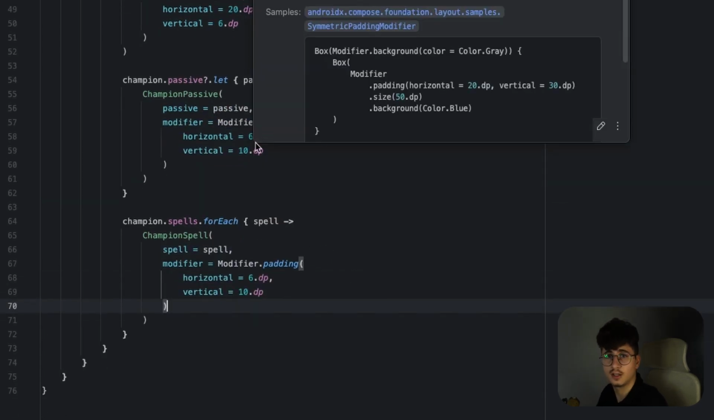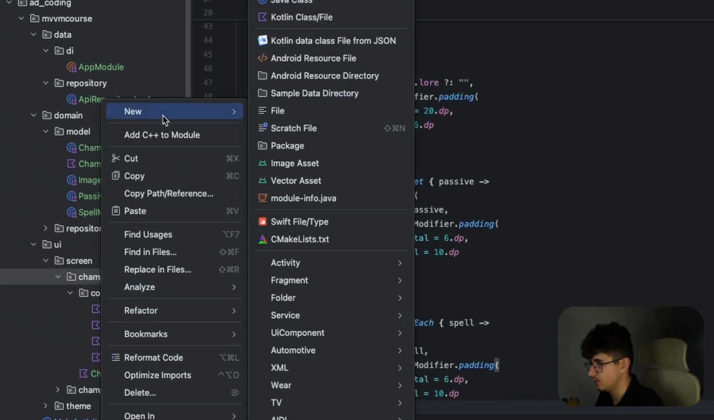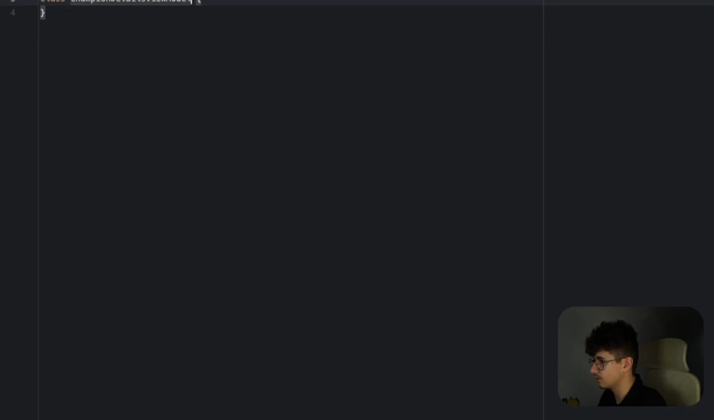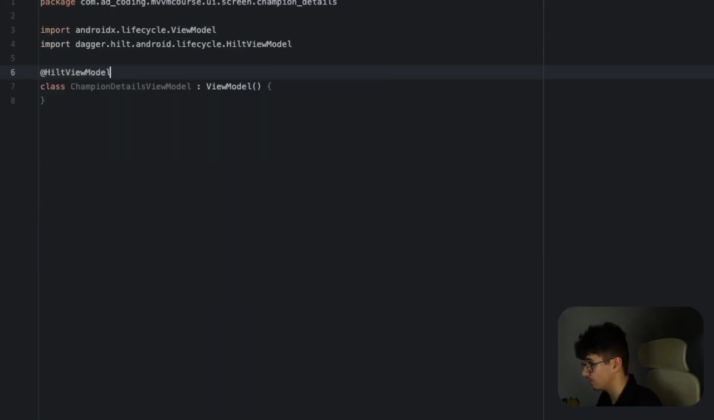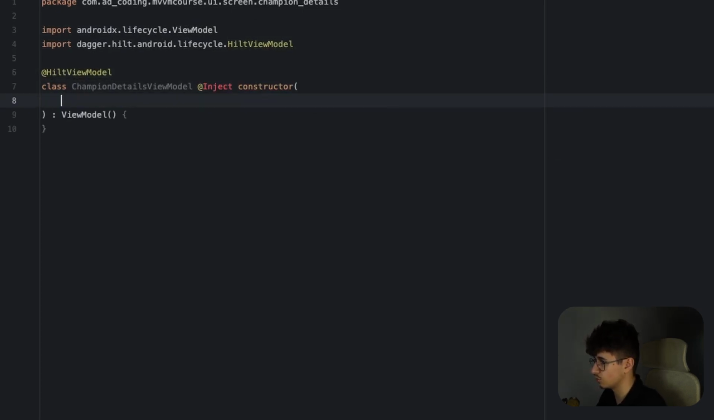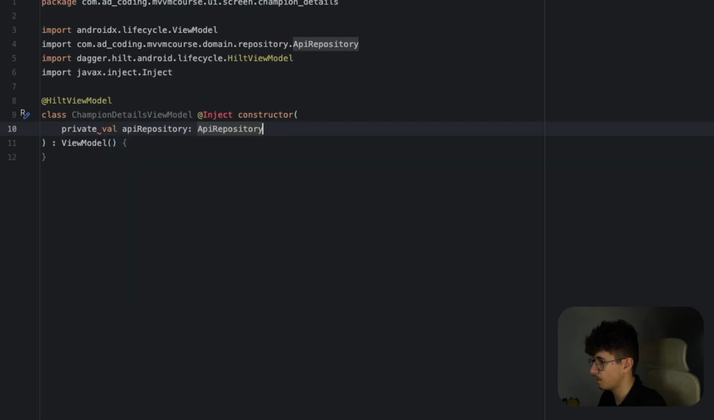Now the screen is done and we can create the view model. So let's say new Kotlin class file champion details view model, and let's inherit from the view model. Let's also annotate this with HiltViewModel to be able to inject the dependencies. Let's inject in the constructor the API, so private val API repository, and here we can simply have one variable champion, and this is